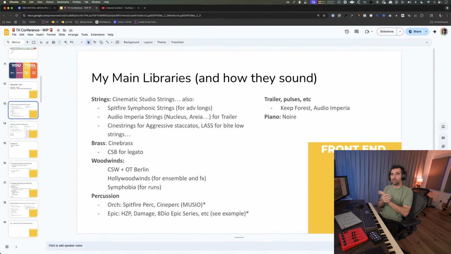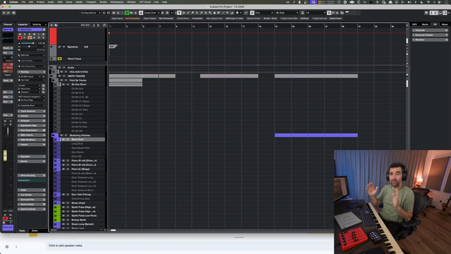Cool. Awesome. So let's talk real quick about template, front end, back end. Let's talk about the front end, and let's talk about what tracks I've got loaded. And obviously, every composer has different libraries. You use different libraries, etc. And most of these libraries down here,